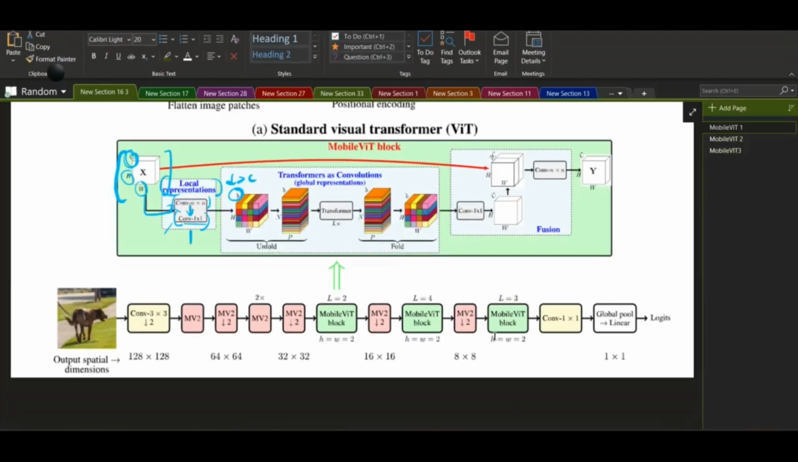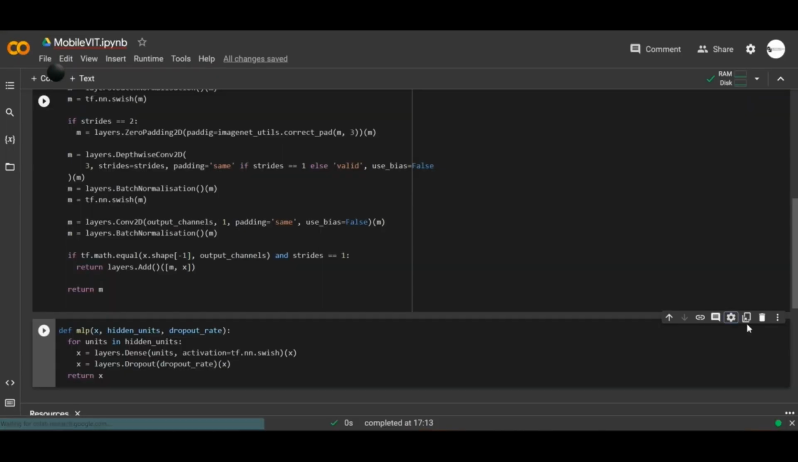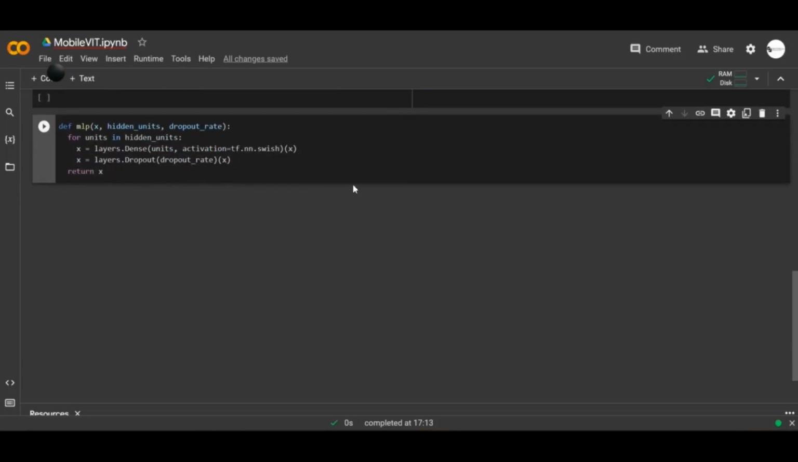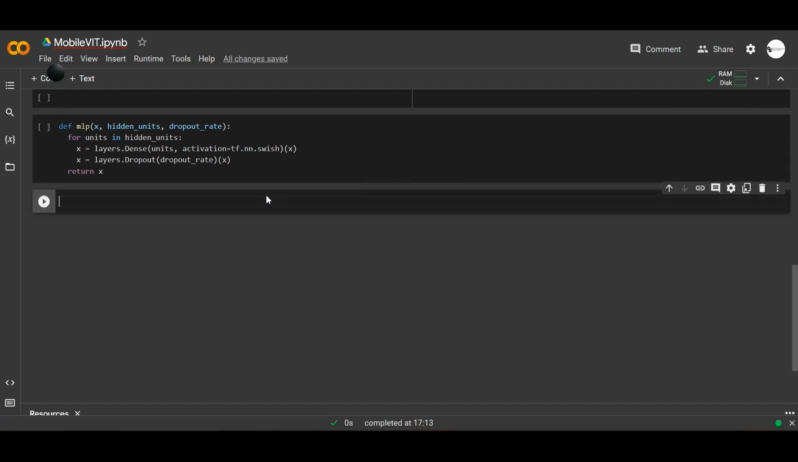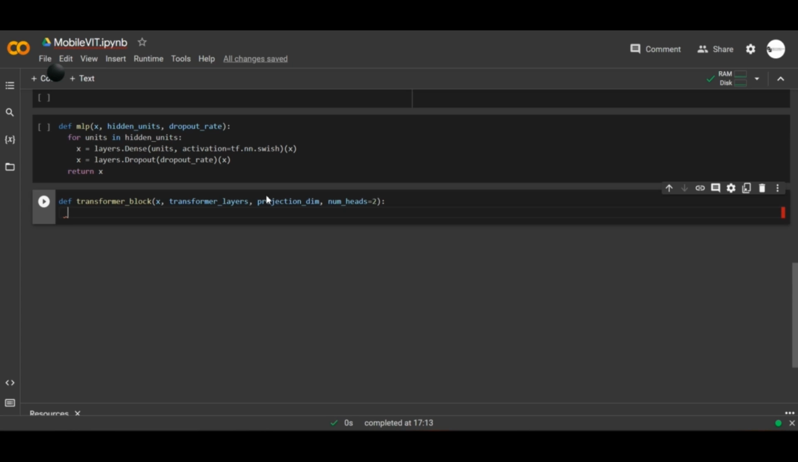Okay, so looking at the architecture again, we need to build this transformer block. So that's what we're gonna build now. Let me just create a space like so. We're gonna say def transformer block like so. Then we're gonna take x, transformer layers, then we take in the projection dimension, so we're gonna call this projection dim. Then we're gonna say num of heads is gonna be equals to 2. Okay, then we say for